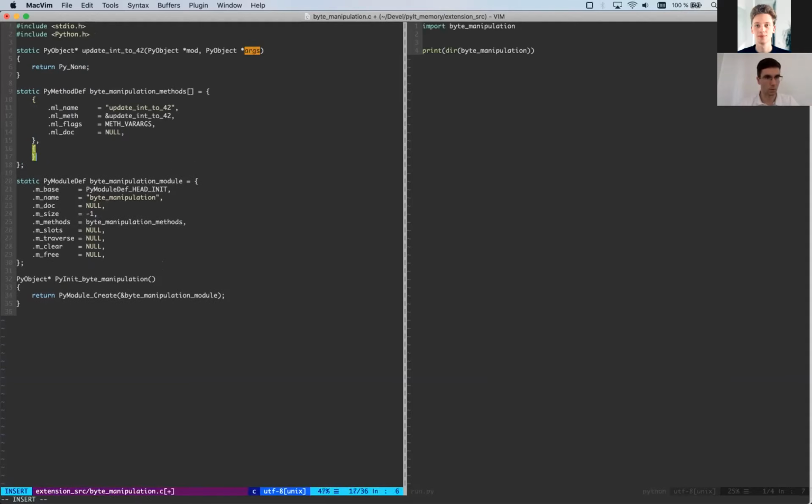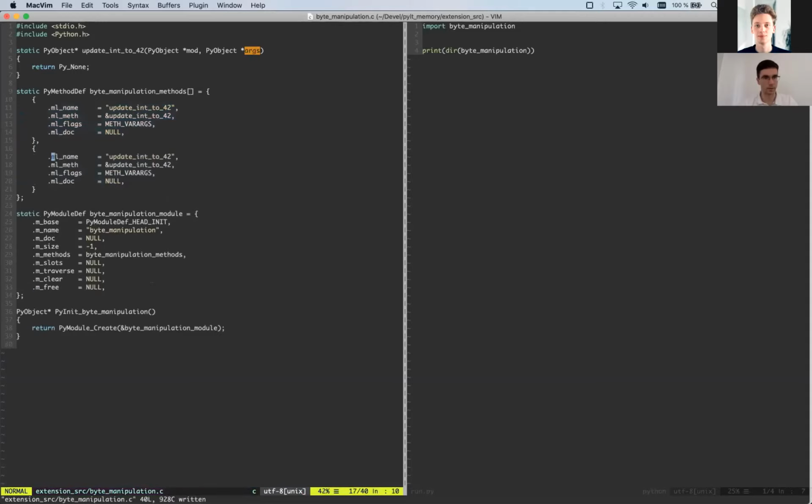Also, this needs some ending flag. So either you need to pass the number of items in the array, or you need to somehow inform Python that this array is over. We are using a similar technique as zero terminated strings.